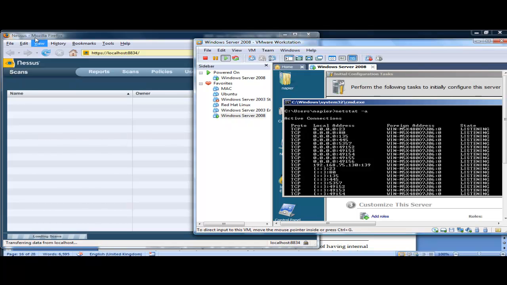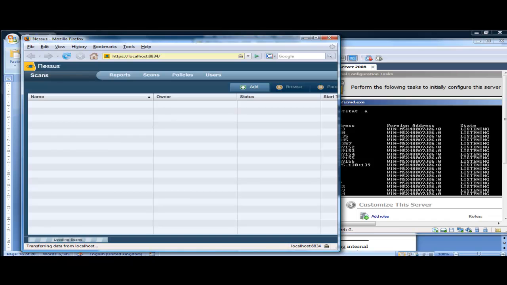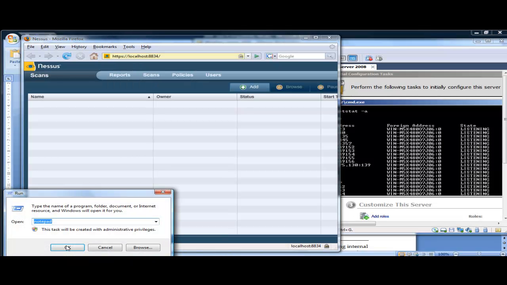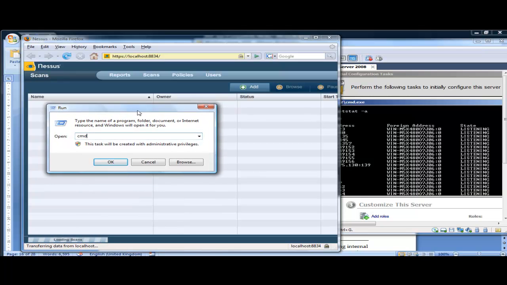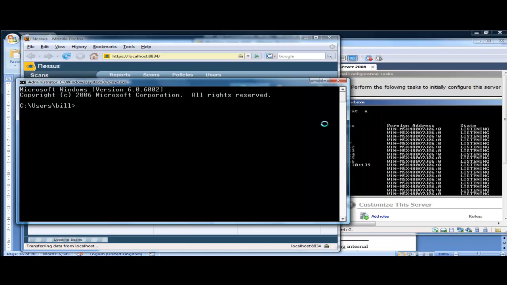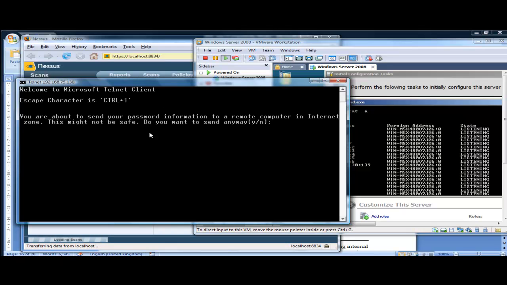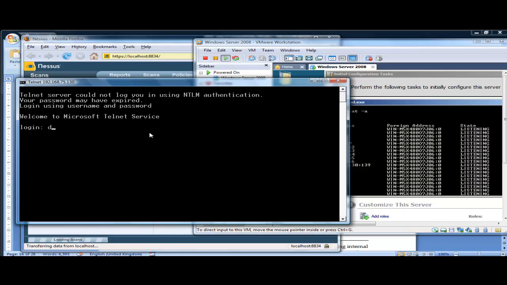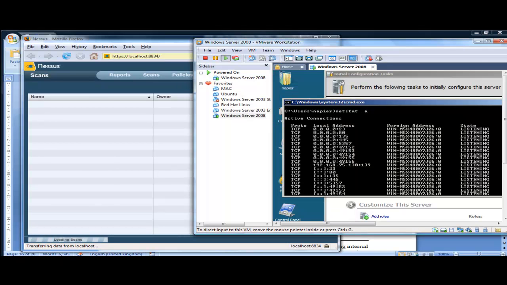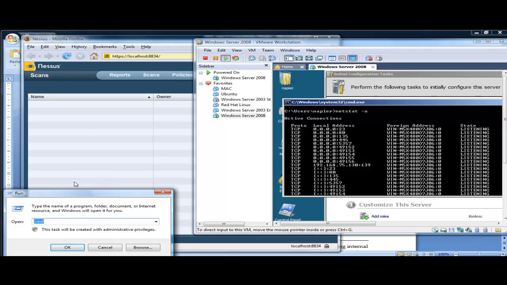So let's see if we can just prove that that port actually exists. So on our normal machine, what we'll do is we'll just try and telnet in to that address, 192.168.75.130. You can see here that we have a telnet connection, so that's working okay. We should also have a web server running from that address, and we go to